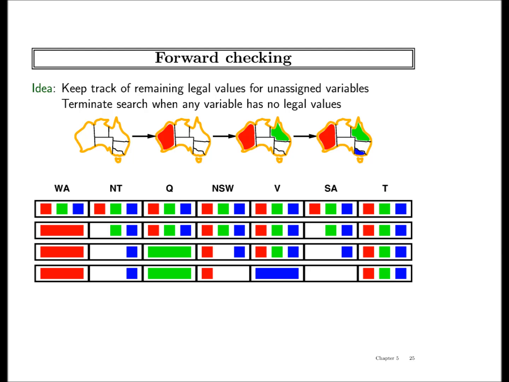Then what happens? It affects South Australia. And we know that now South Australia cannot be assigned. At this point, we have detected failure, and we have detected failure early. So far our assignment is feasible, but we know that along this path, not much can be done. We will never find a solution. Why? Because Southern Australia has nothing in it. This is called forward checking.